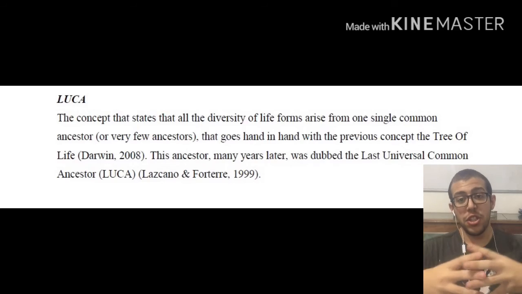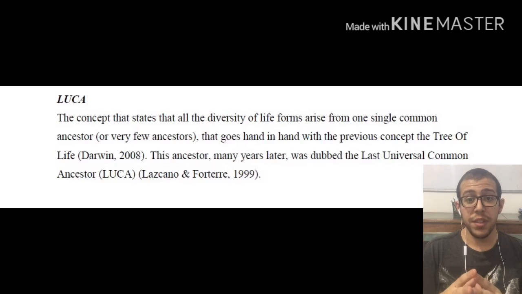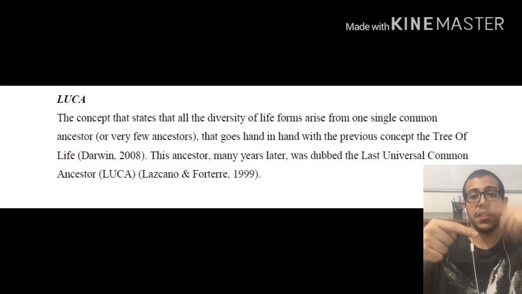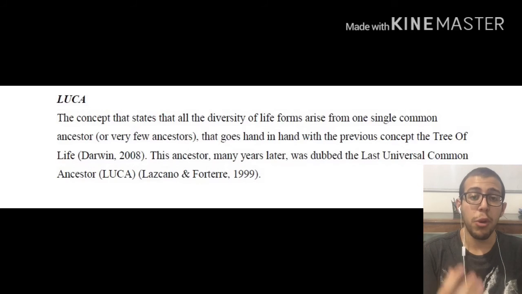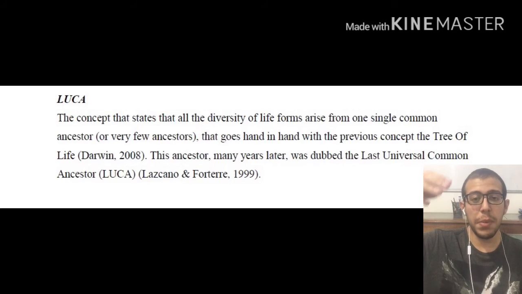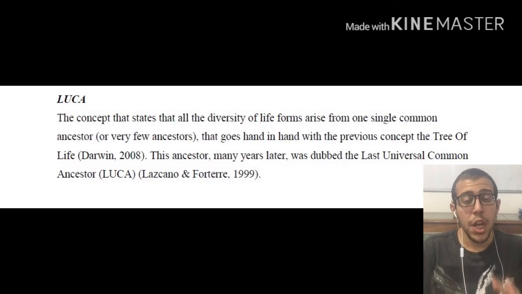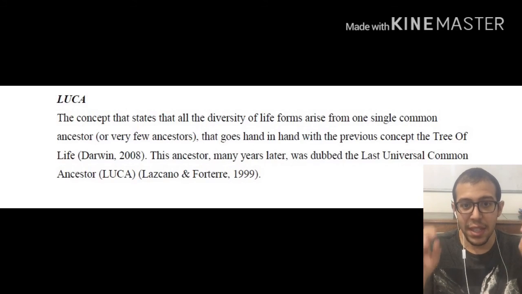So, let's try to mesh between these two concepts. First of all, we have one organism, apparently according to this concept, the last universal common ancestor, and this is going to be giving us another organism that is going to be giving us another one, and these are going to be branching out. This branching is going to be leading to the formation of the tree of life. Just like we've got two people in a family who are going to be giving to, well, their kids, and these kids are going to be giving to other kids, and this is how it goes. So this is what we mean by the tree of life, and the last universal common ancestor is essentially the first organism that is present, the parent in this scenario.